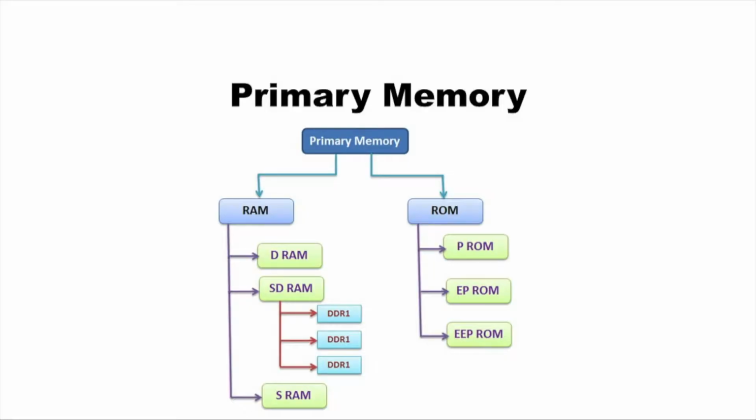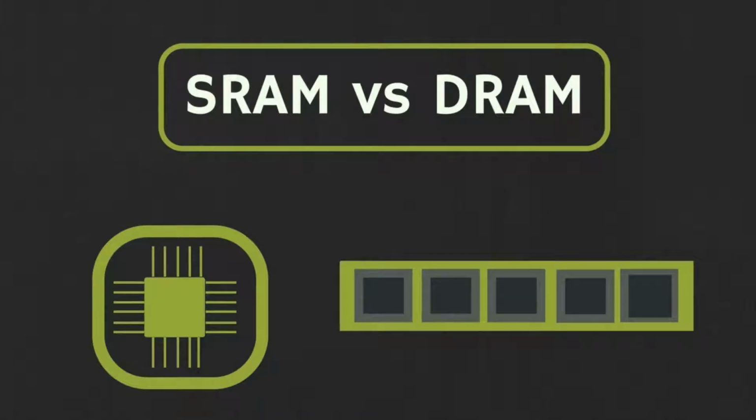Whenever you execute a program, you actually load its instructions and the required data into the RAM. However, RAM contents are lost whenever we shut down the computer. That is why we cannot keep everything in RAM and expect the computer to be faster overall. Random access memory is further classified into two types, namely static and dynamic RAM.